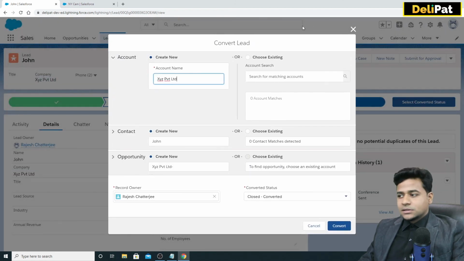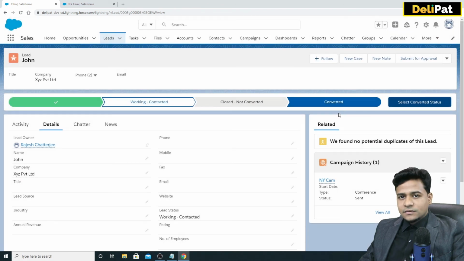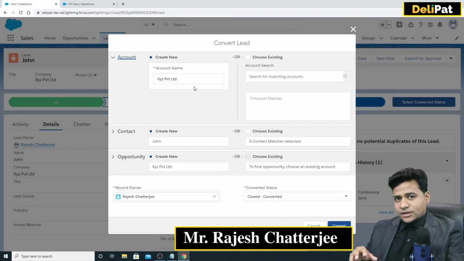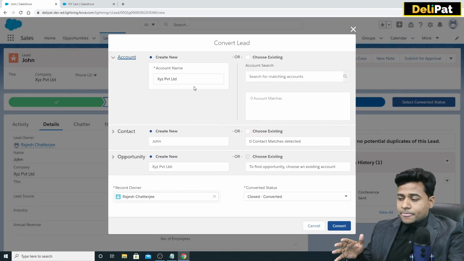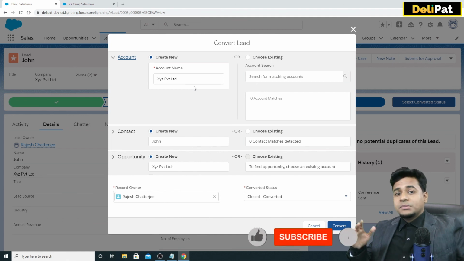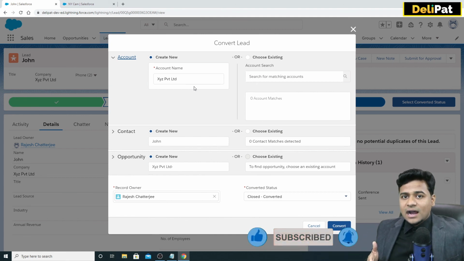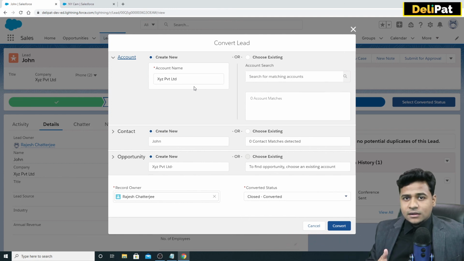Let us convert this particular lead into account, contact, and opportunity. When you click on this convert button, you as a sales executive are going to convert this lead, and the lead's data gets hidden from the lead object. It doesn't get deleted, by the way. If anytime the business wants to pull out a report and see all the converted leads information, you can see it. So lead data after conversion doesn't get deleted, it just gets hidden.